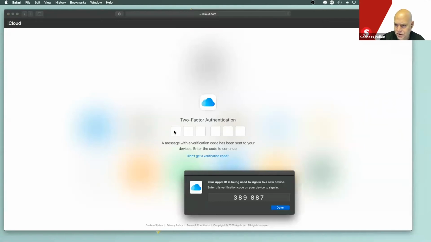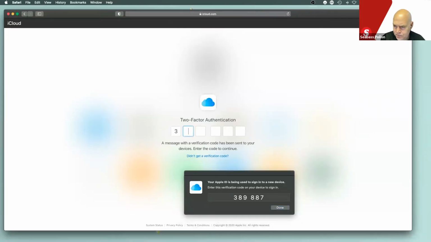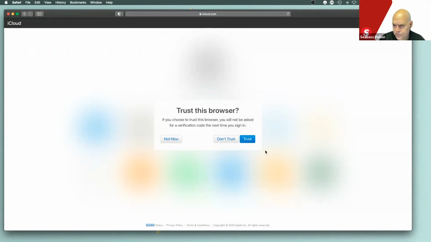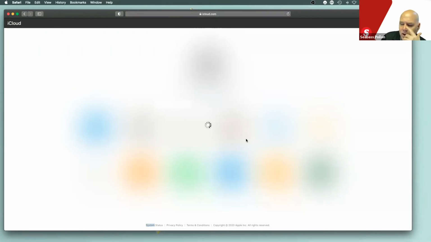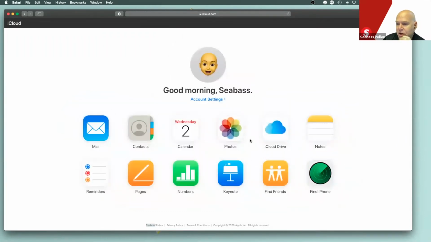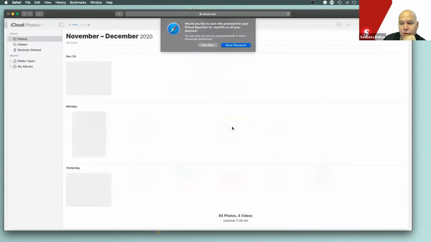Oops, where's that here? Okay, so now what we should be seeing here in a moment's time, this is what I would be showing. So I've created the album. I've sent the request to myself on a different Apple ID. So this kind of mimics what the end person would be able to see. So if I select photos in here now,